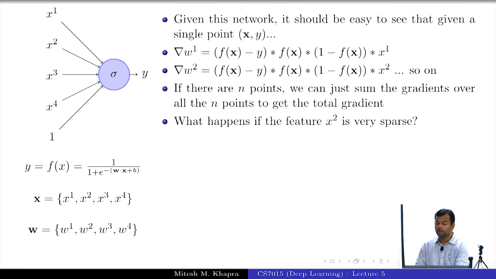Now, what happens if the feature X2 is sparse? What do I mean by that? It's mostly zero. So I'm looking at a lot of movie data. Aamir Khan acts in very few movies. So if I have a feature which says is actor Aamir Khan, then that's going to be zero for most of the movies in my data set. That's what I mean by sparse. If I have 10,000 movies, then probably only 50 of them would have this feature as on. Does that make sense? So it's going to be very sparse.